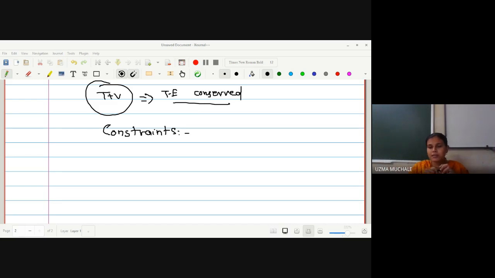In a very similar way, we have the equation of a sphere. What do you mean by the equation of a sphere? It is nothing but x square plus y square plus z square is equal to some constant r square. Or it may be the equation of a sphere as (x minus a) whole square plus (y minus b) whole square plus (z minus c) whole square is equal to r square. So what are the restrictions? The center is fixed, that is a, b, c, and the radius is r.